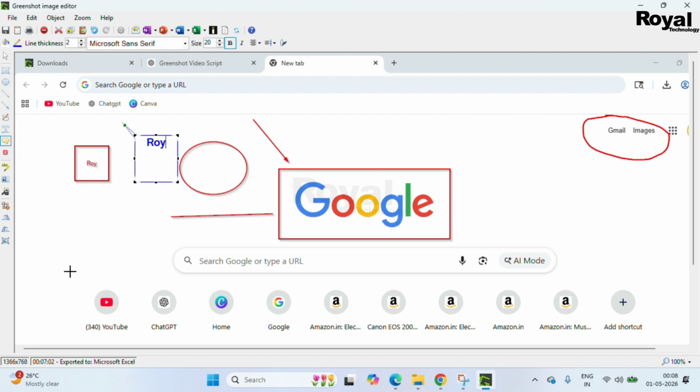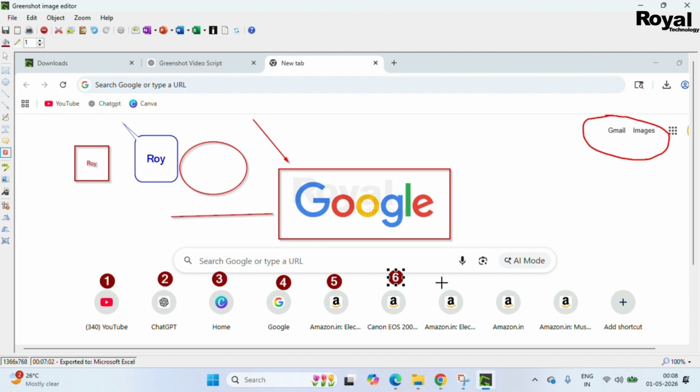If you want to add a counter, like 1 2 3 4 5 6 7 8 9 10, you can add a counter like this. And if you want to write anything with the counter, you can write that also. Then we have a highlighter.